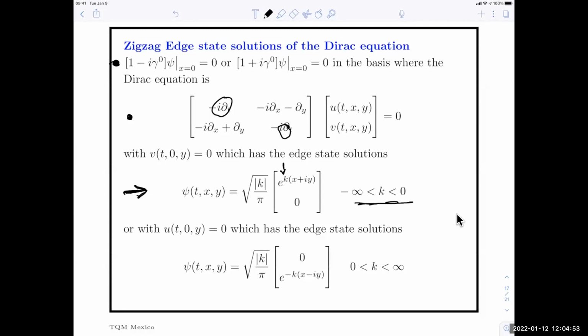What about scaling? Well, if I do a scaling transformation, I should scale x and y by something. That can be compensated here by scaling k. And then actually the root k in front gives the proper scaling of the spinor too. So this works out nicely. These are not scale symmetric, but scaling of x and y can just be compensated by scaling k.